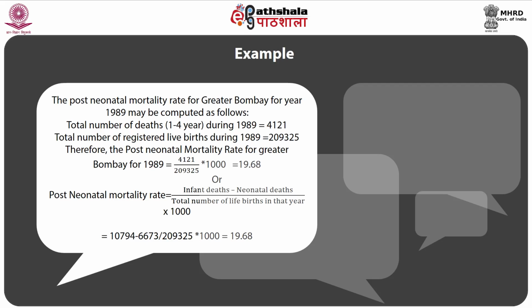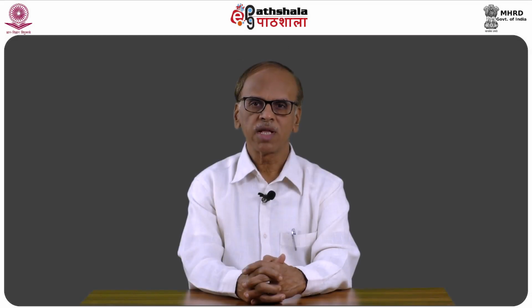1000 equals 19.68. Post-neonatal mortality equals infant deaths minus neonatal deaths divided by total number of live births in that year multiplied by 1000, that is equals 10794 minus 6673 divided by 209325 multiplied by 1000 equals 19.68. Perinatal mortality: deaths between the period of 7 months of gestation, that is stillbirth, to the first week